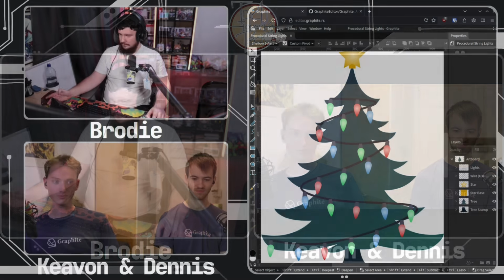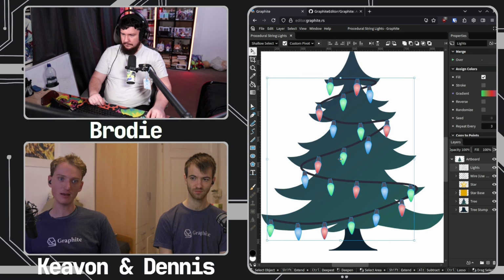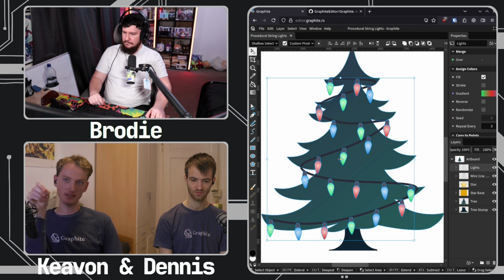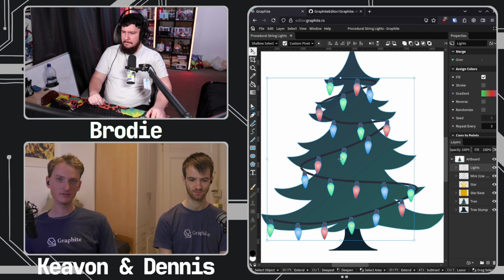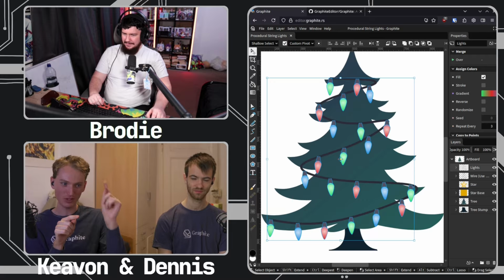Yeah. So like one of our examples, if you actually go to our editor and you open up some of the demo artwork, we provide some demo artwork that you can use. We've got this example of a Christmas tree where we've decorated the Christmas tree with some Christmas tree lights. And if you were to draw that by hand, you would have a bunch of light bulbs. You've got to copy a bunch of light bulbs all along the arc length of the Christmas tree light, and that would be tremendously painful, because you'd have to take literally a ruler out of your desk drawer, and measure the distance from one light bulb to the next light bulb,